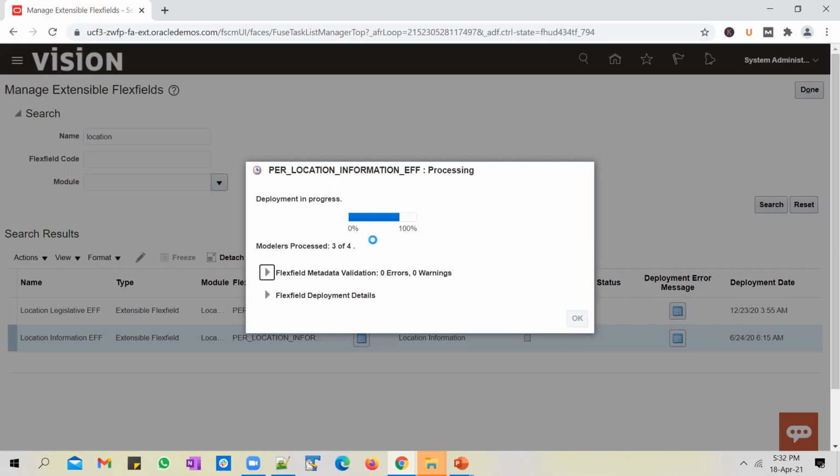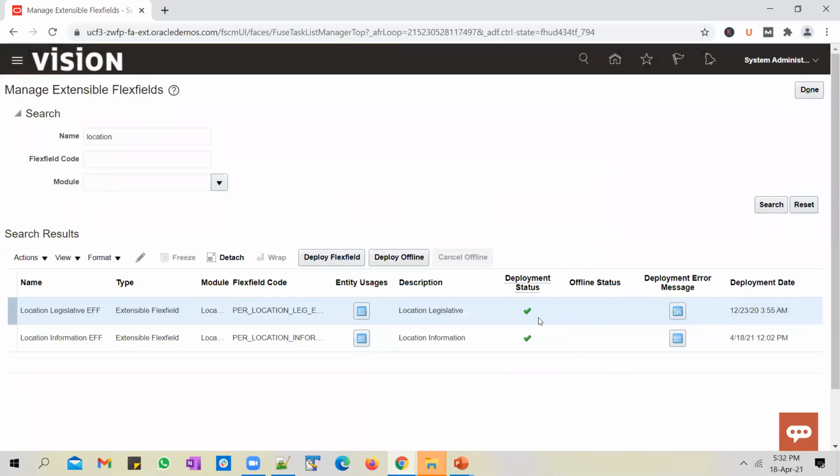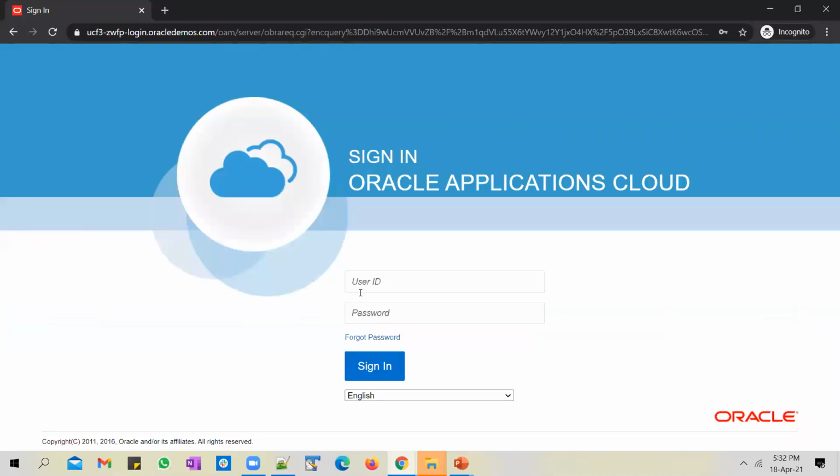It's almost done, 75% now. Yeah, it's deployed successfully now. And you could see green tick in there. So let's log into the application now and try to create a location. Sign in.